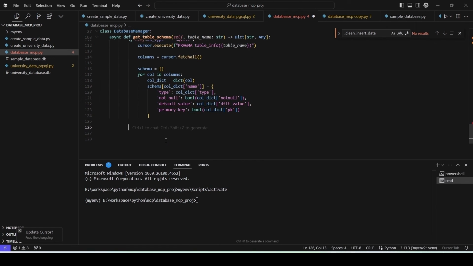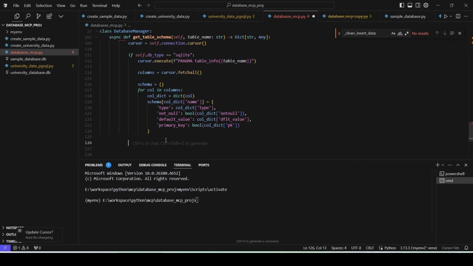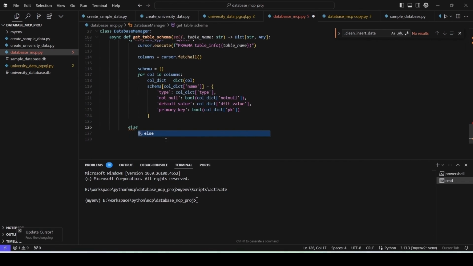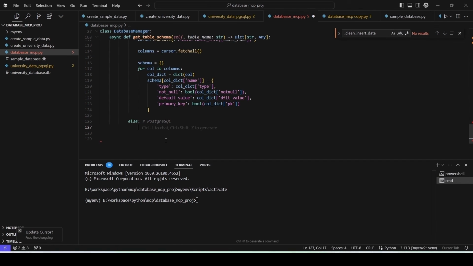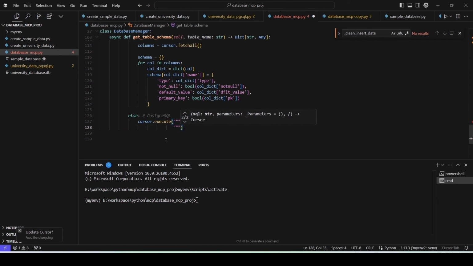And if it is not for the SQLite, then we will have to write another one for PostgreSQL. So we'll write the one for PostgreSQL. And what we will do is that we will write again the cursor code. So let's do that. We will write cursor execute, and then we will execute a query. And this query will be like